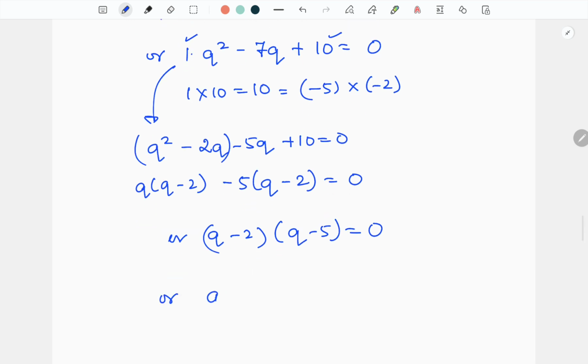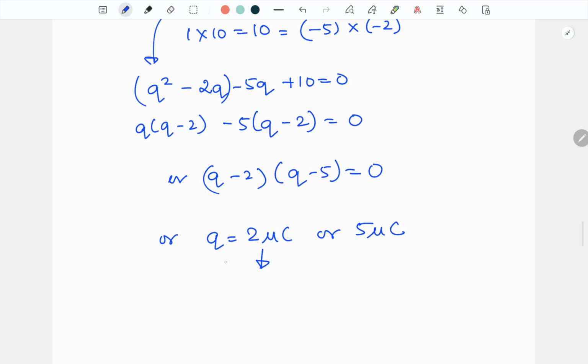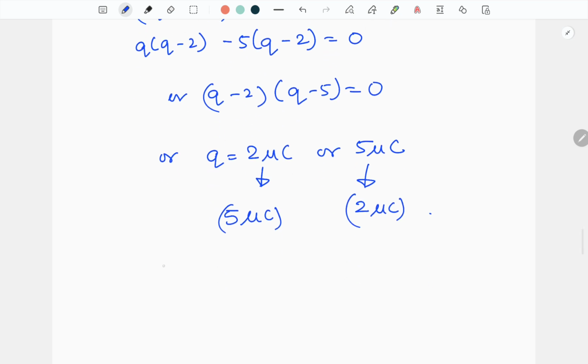So now it will become q is equal to 2 microcoulomb or 5 microcoulomb. So corresponding to 2 microcoulomb you will get q2 as 5 microcoulomb, and corresponding to 5 microcoulomb you get the q2 value as 2 microcoulomb. So in both the cases either 2 microcoulomb or 5 microcoulomb will be the answer. Okay,